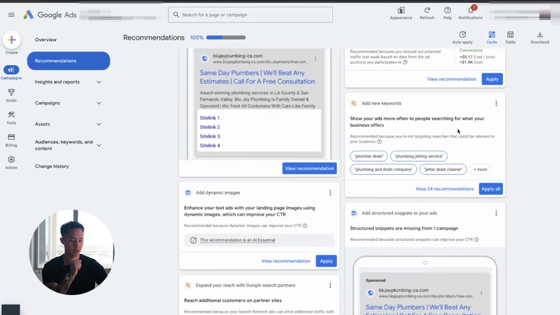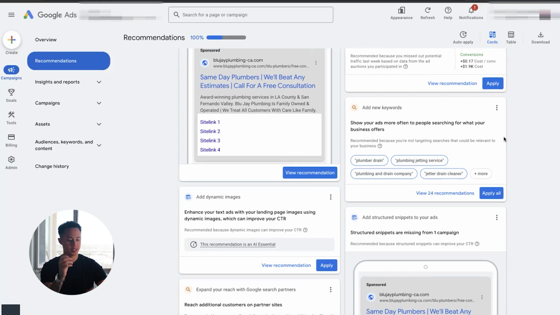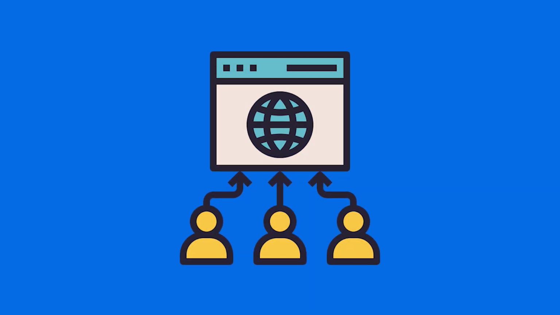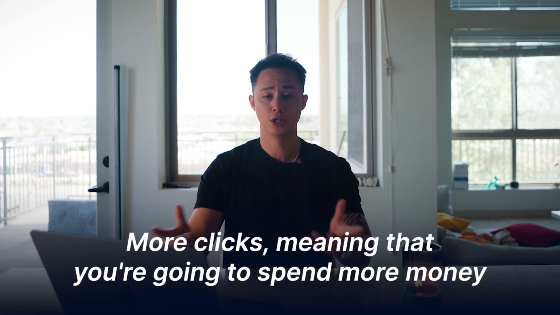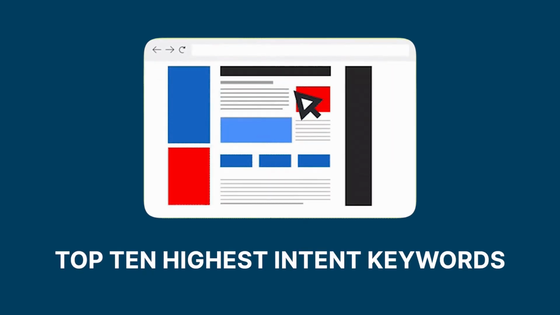So if we go back up here and we look at add new keywords, you can see that people are searching for these types of keywords. Now, it's really important that we don't target all the keywords that Google suggests to us, because Google is mainly just trying to expand your reach, okay? Getting more traffic coming in, getting more clicks, right? Because the more broad your keywords are, the more traffic and clicks you get, meaning that you're gonna spend more money. So what you really wanna do is target like 10 to 20 highest intent keywords. You don't need to be targeting 20, 30, 40, 50. Really just take your top 10 highest intent keywords and target those